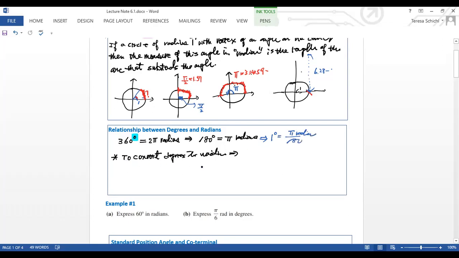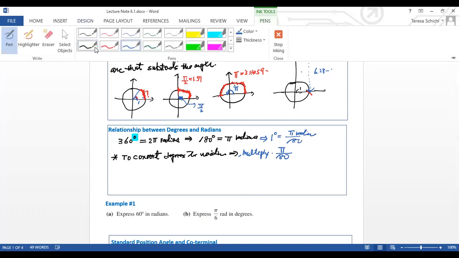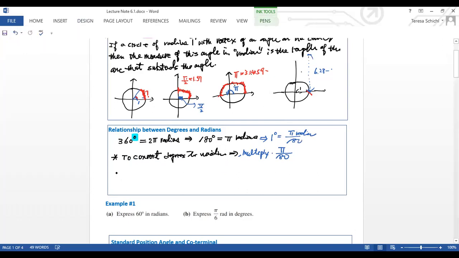So whatever the degrees are, you need to multiply the degrees by pi radians over 180 degrees. In the same way, if you want to convert radians to degrees,